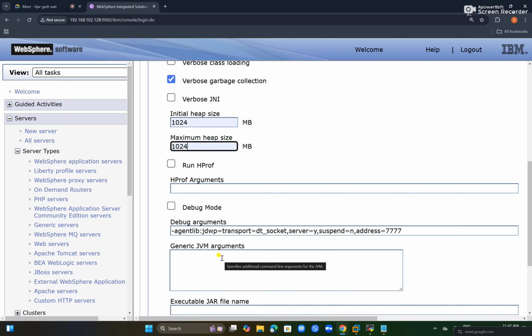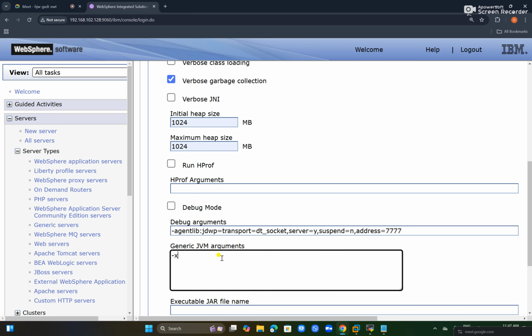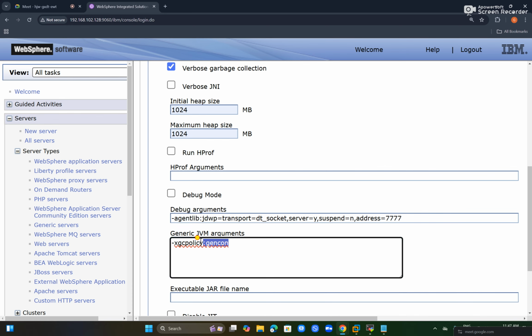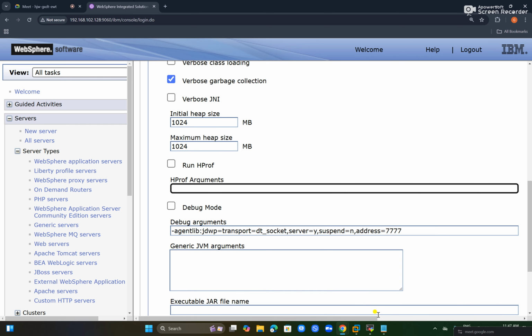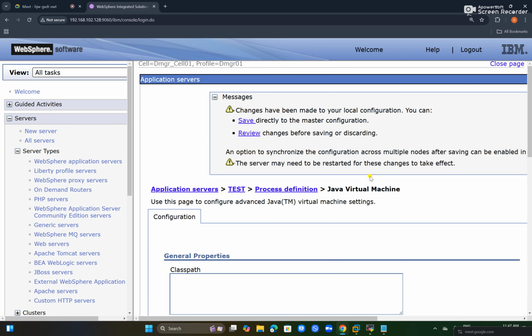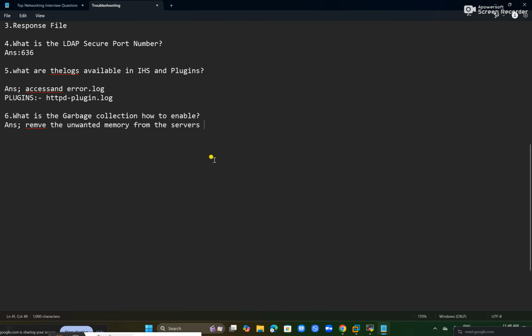Okay, or we can use -Xgcpolicy:gencon. We can use by default Gencon here. Okay, and here or here, only one. Okay, you can use any one. We already given. Okay, like this you can give all servers. Okay, remove unwanted memory in the servers. Okay,